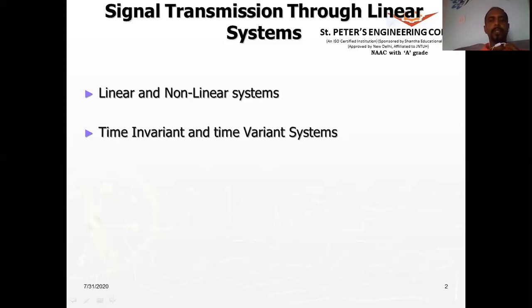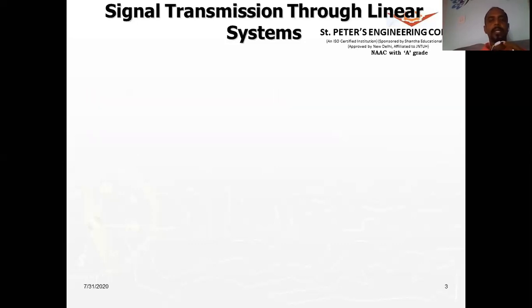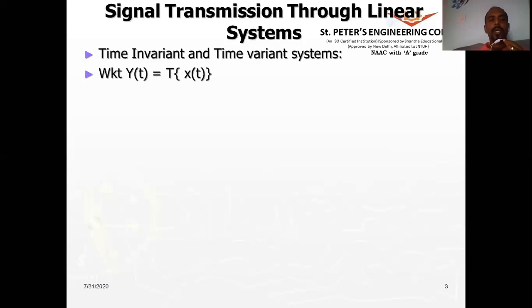Okay, let us mathematically define them and then solve problems. We have understood the actual meaning of that. Let us mathematically define them. When do we say a system is time invariant or time variant? And we know that T is the operator in case of a continuous time system. We are dealing with continuous time signals.